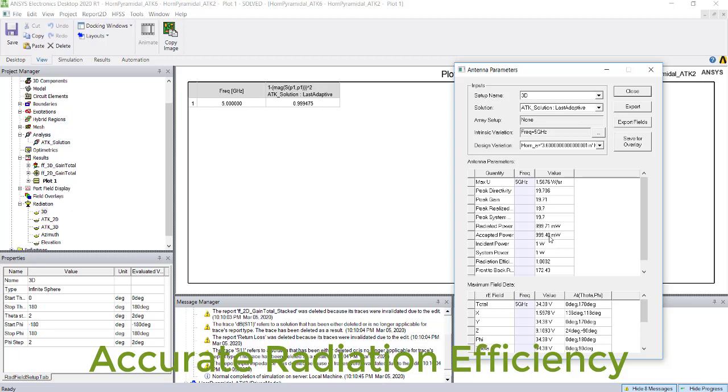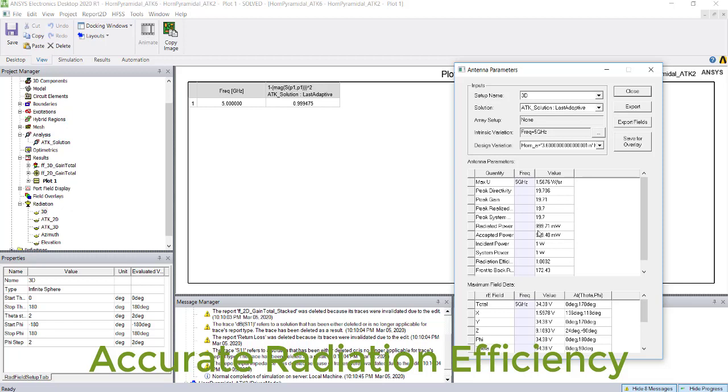And the radiation efficiency came to be like 1.0002, so you can see it's like 100%. The copper is also not adding much conductor loss to the antenna performance. That is the reason it's giving close to 100% efficiency.